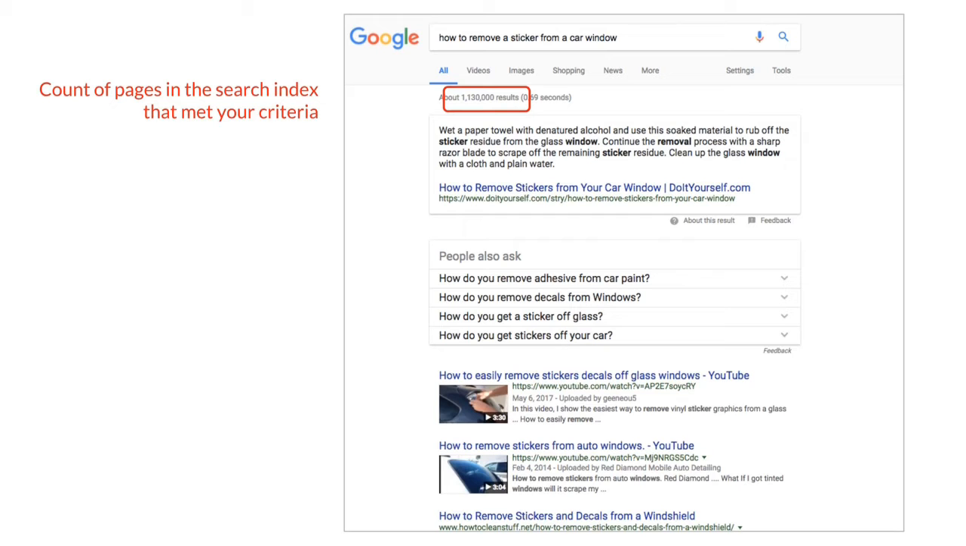It looks into its index and says there are 1,130,000-ish results that meet that criteria, that meet that expectation. So I'm going to display those. I'm going to